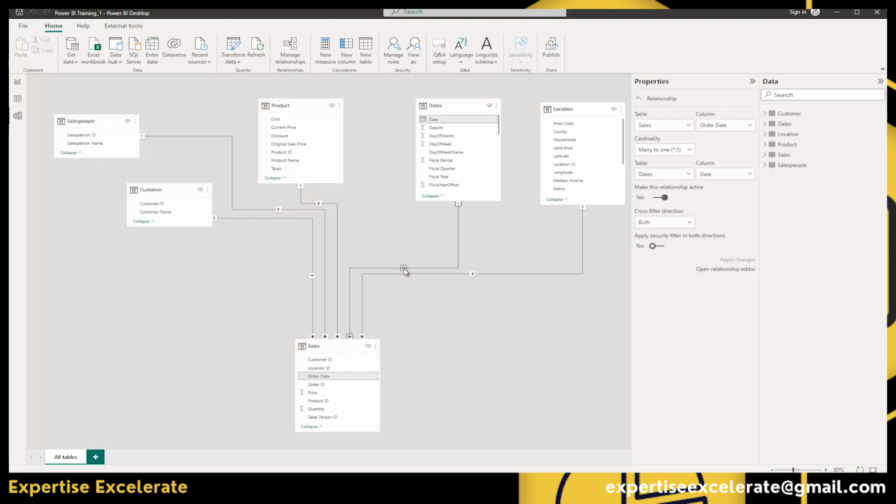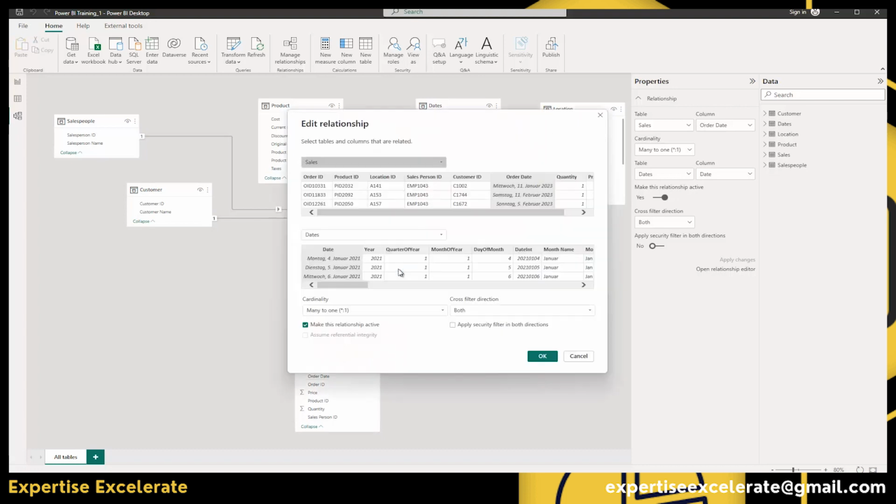And that's why in here, I don't want this. So I double click here, and then I simply specify here, this is single direction. And the last one, make this relationship active. This just means that currently the relationship is active. If I untick this option, then the relationship is inactive. And you also see this visually if I click OK,